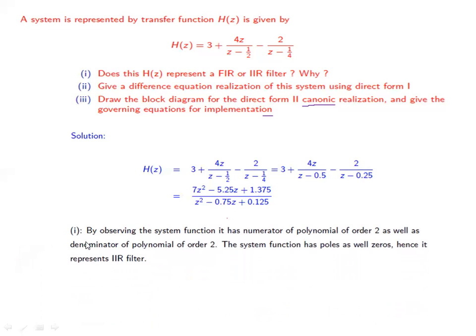Here I have written that the system function has a numerator polynomial of order 2 as well as a denominator polynomial of order 2. The system function has poles as well as zeros, hence it represents an IIR filter. Then next,